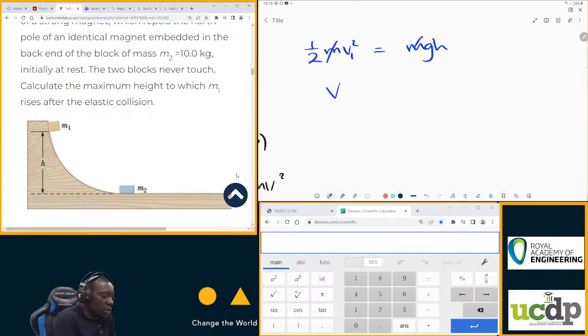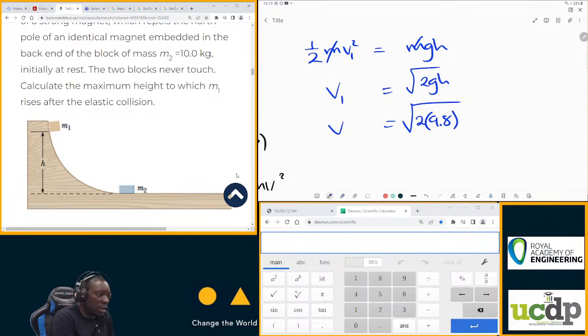So V1 equals root 2gh, which is the root of 2 times 9.8 times 5 meters, so 2 times 9.8 times 5, which is 9.9 meters per second